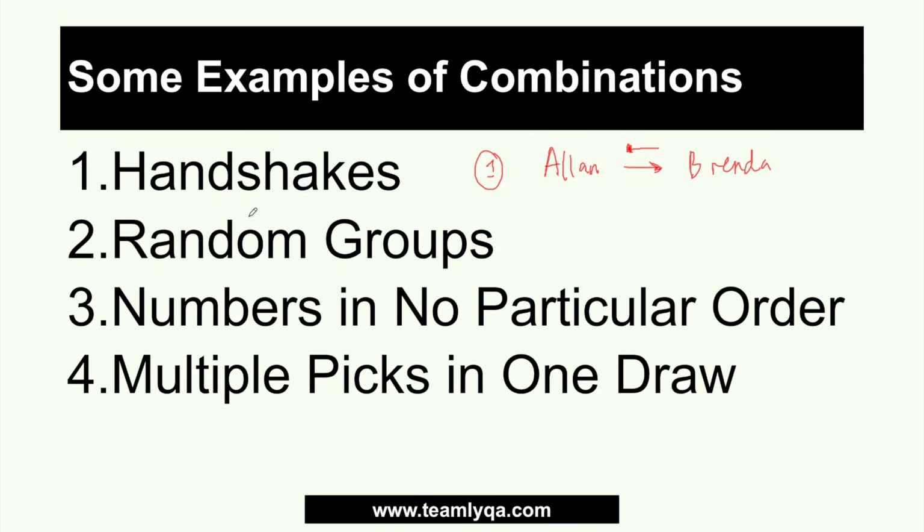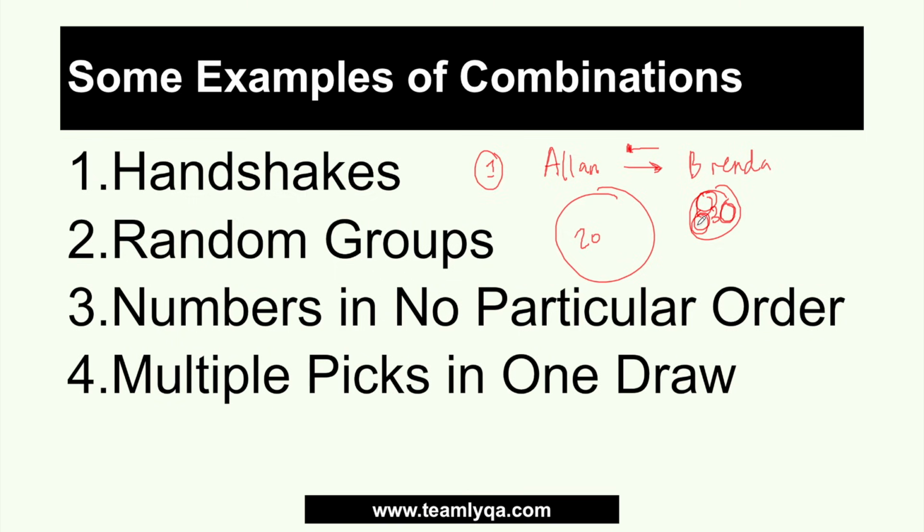So when you're talking about the number of handshakes na pwedeng gawin sa isang room, dahil hindi na pwedeng umulit yung isang tao sa same person, then this will be a combination question. Now, random groups. Ibig sabihin, kunyari meron kang 20 students, and you're picking out 3 students to form out of the 20, dahil group of students lang sila at wala namang designated na position or ranking or order or anything like that, then, kapag kinuha mo